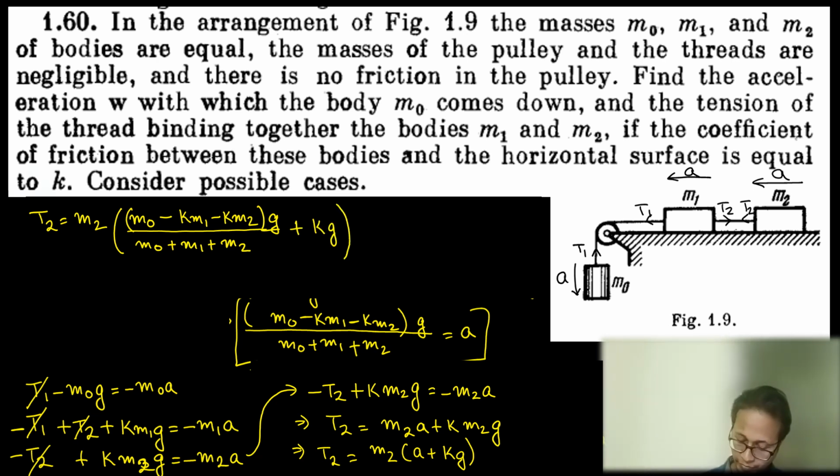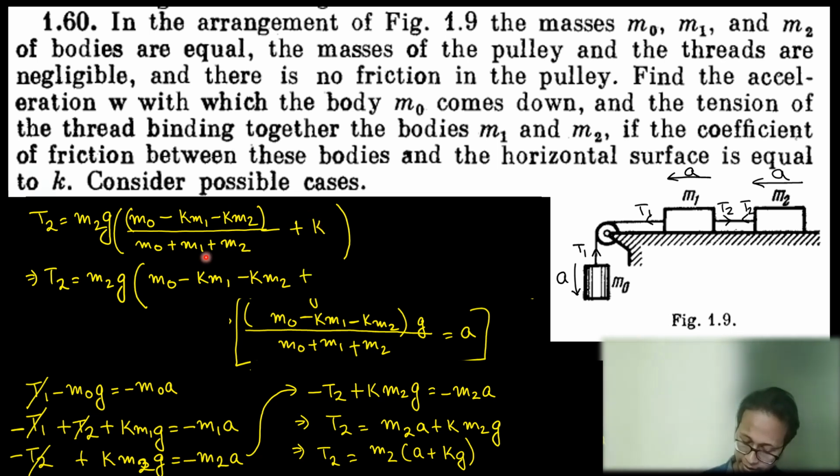Understood this one? Now can I take g common from both and take it outside? Of course I can. So let's take g common. This is nothing but equation solving. So T2 is equal to, I'm doing it fast, I'm multiplying the numerator,